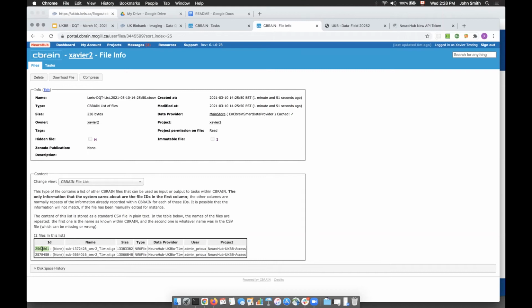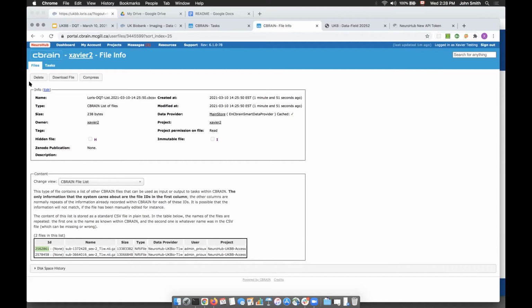Once this ID is found for a file, it means that it's known by CBrain. I was not intending to do a full demonstration of CBrain, but I can simply say that once a registered file in CBrain is known, it can be copied over all the HPC network that CBrain is attached to, to process with any tool that is installed there.